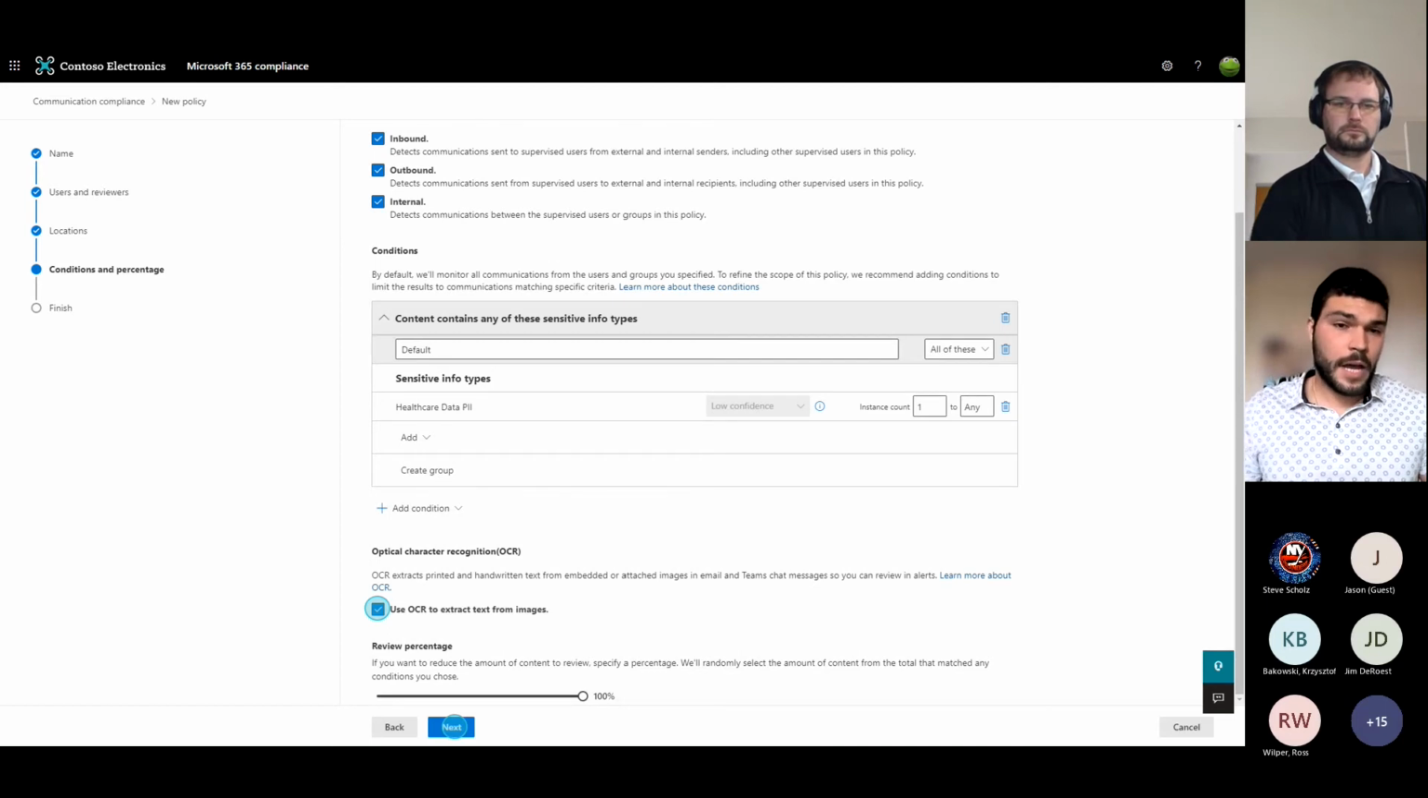And then on the bottom, I can adjust the review percentage. Now, if the volume is too much to handle, I can lower this review percentage and get a random sample of the policy matches to review. But I want to review every single policy match that is found, and so I'll move that slider to 100%. I'll select next,